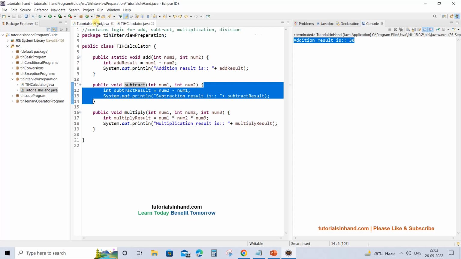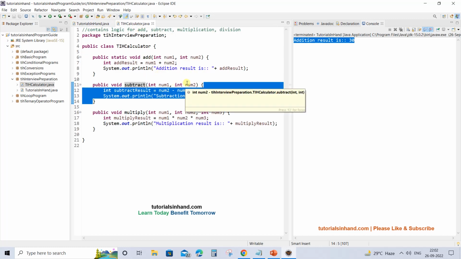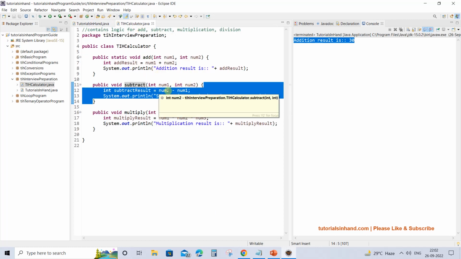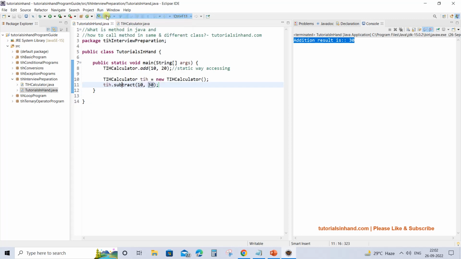Like you are passing parameters 10 and 30 in num1 and num2. So num2 will have value 30 and num1 will have value 10, and it will subtract accordingly and store the result here and then print it at this place. So if you execute this now, you will get two outputs. See, you are getting 20 because 30 minus 10 will give you 20.